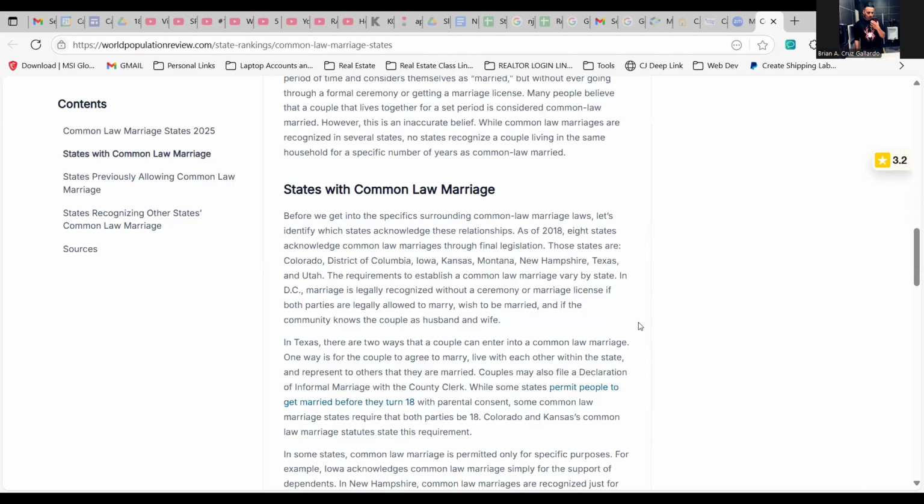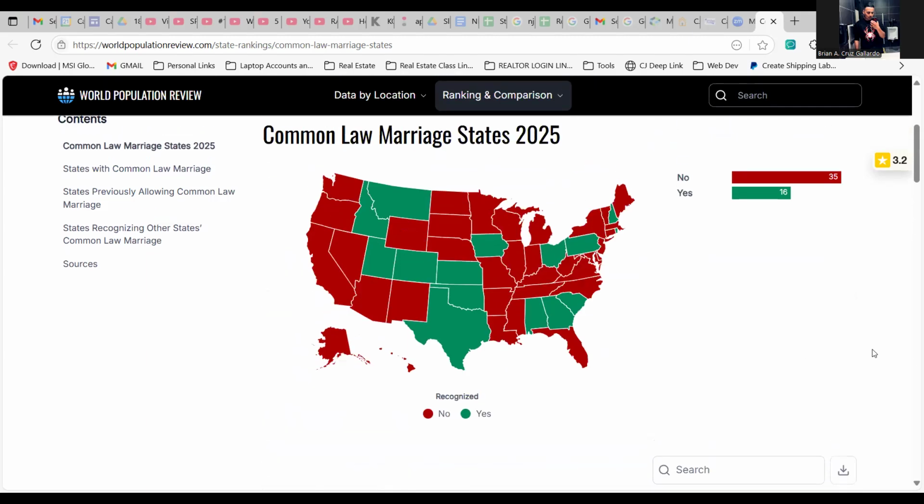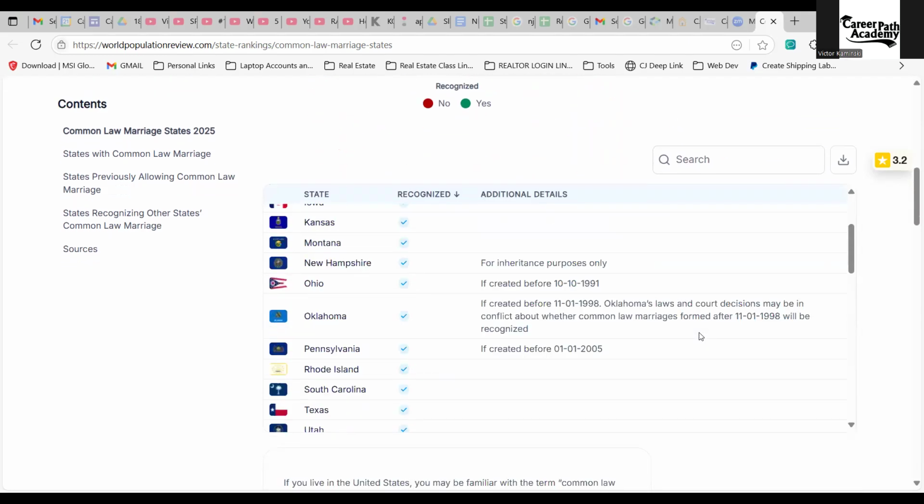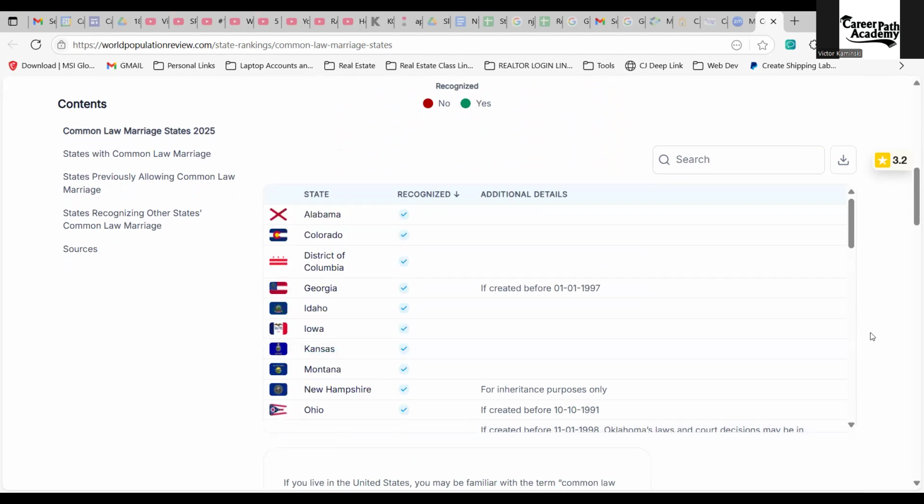I kind of see it as like red states and blue states. It's mostly blue states that don't have common law, right? No, I mean, nothing like that. Pennsylvania, you've got over there. So no, it's a mix over here. Ohio flip-flops. South Carolina, Georgia, Alabama. New Hampshire is definitely a blue state. They recognize it. Most states don't recognize it anymore. There are some that still do.